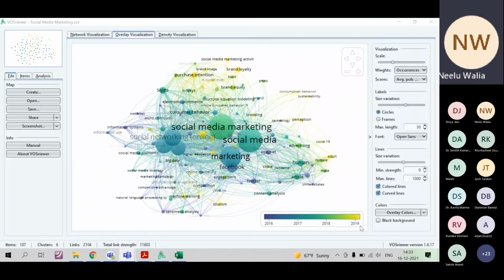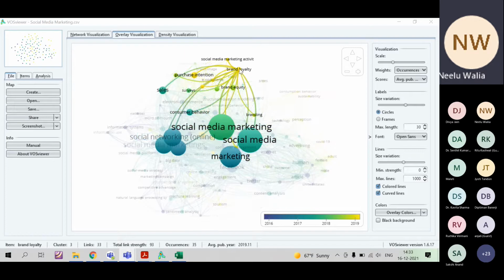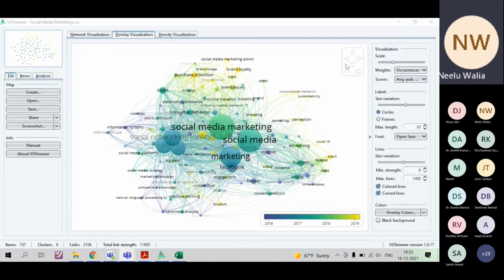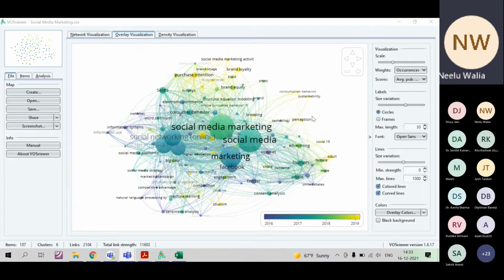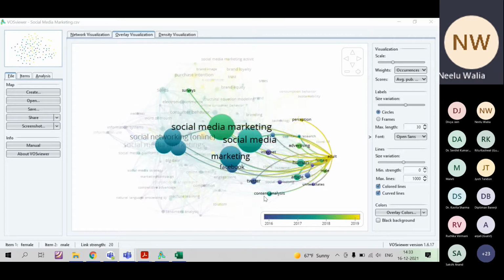And in 2019, if you see, it is the yellow colored keywords, right? So at present, we can say that the people who are writing papers are in this domain only. In the social media domain, they are on brand loyalty, brand equity, social media marketing activity, consumption behavior, sustainability, on adults, the young generation.